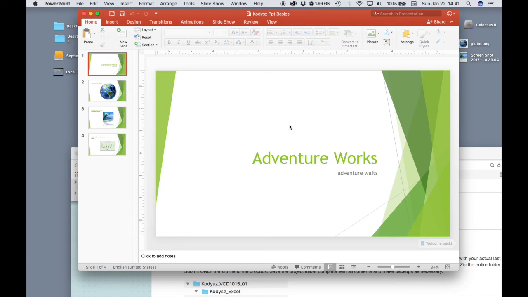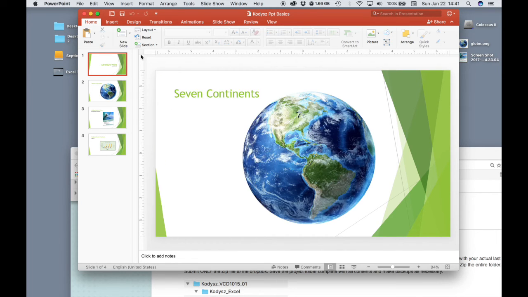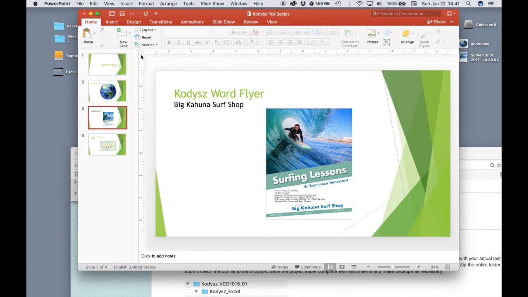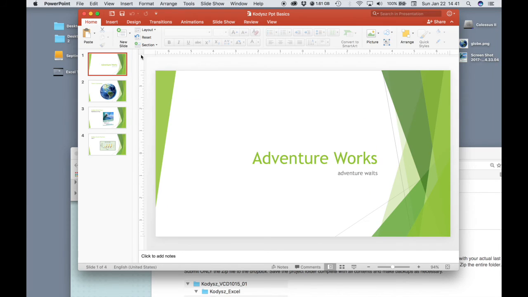When I do that, it will open up in PowerPoint, and I can scroll through my slides by using the down arrow on my keyboard just to check and make sure I have everything that's required. Scroll back up using the up arrow on your keyboard. If you want to see what it would look like if you were to present it